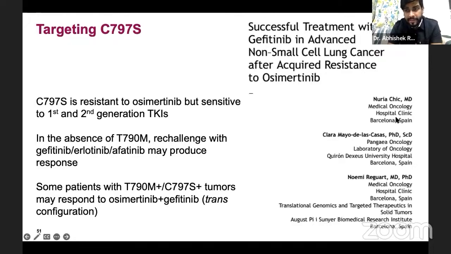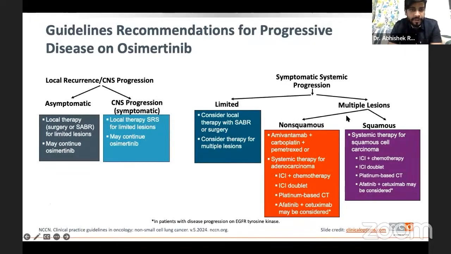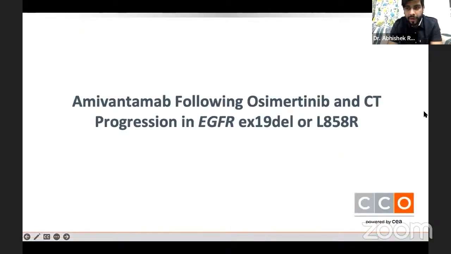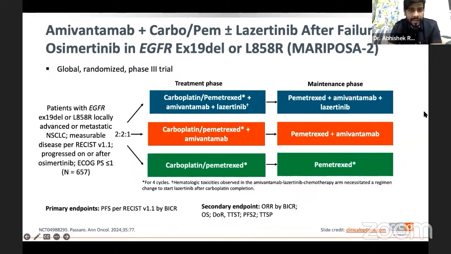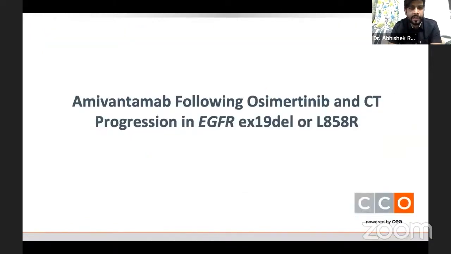amivantamab and drugs like that, I think that is a good option. It is important to treat that. So just coming to this, there is data for a combination of amivantamab following osimertinib progression, that if the patient progresses on osimertinib,